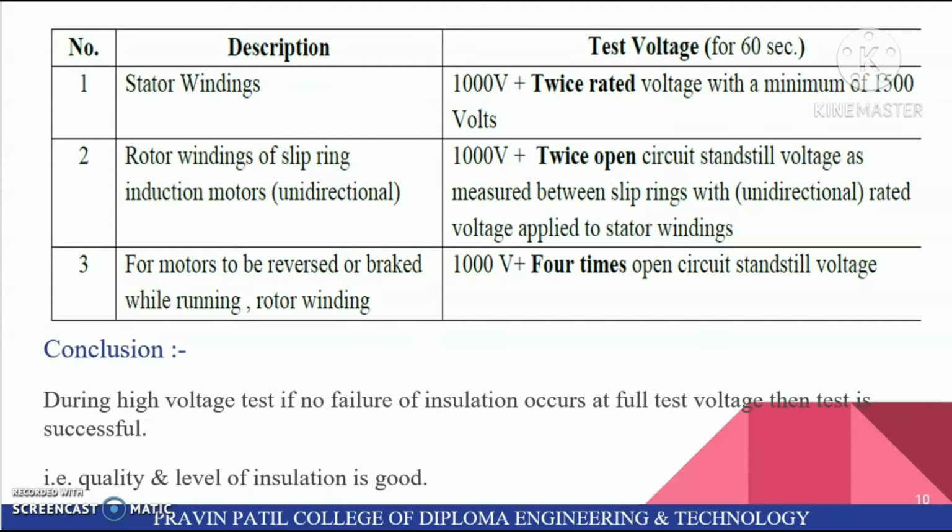So for stator windings, the test voltage for 60 seconds is 1000 volt plus twice rated voltage, with a minimum of 1500 volt. For rotor windings of slip ring and induction motors, unidirectional: 1000 volt plus twice open circuit standstill voltage as measured between slip rings, with unidirectional rated voltage applied to stator winding. For motors to be reversed or braked while running, the rotor winding test voltage is 1000 volt plus 4 times